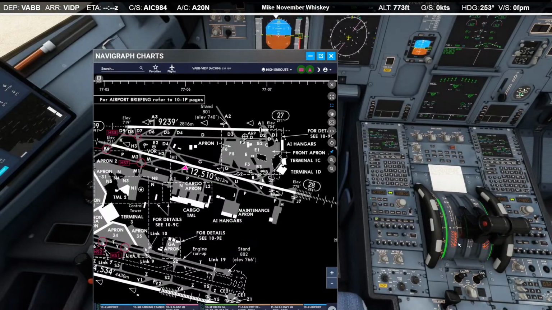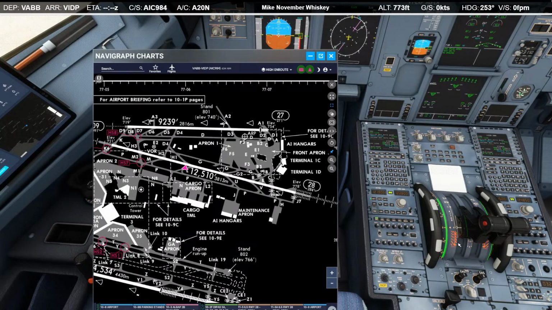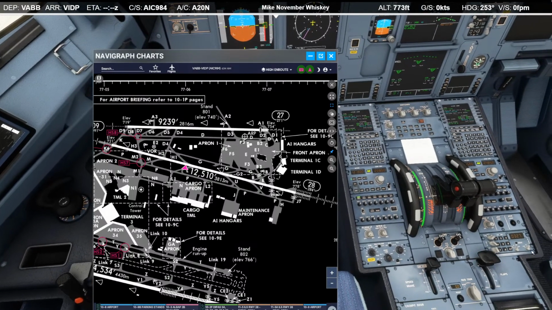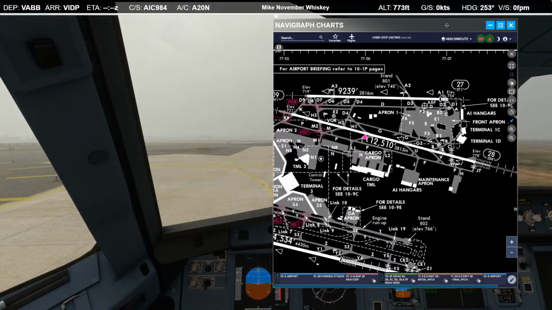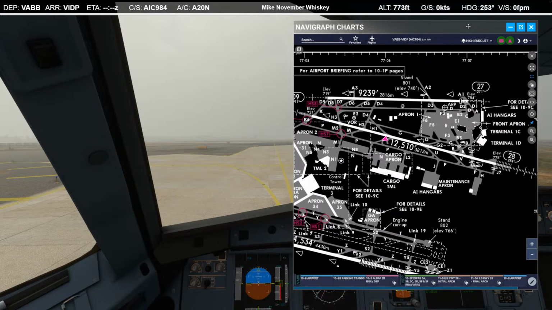Let's get all these ready here. Switch disarmed. Pumps retracted. Delhi ground, Air India 9084, clear of runway 28 on Lima.